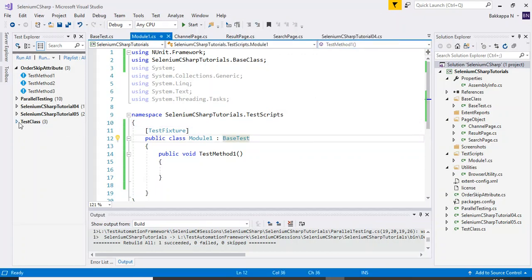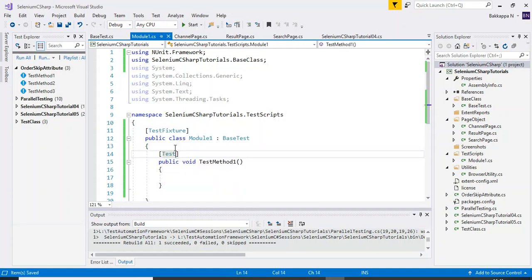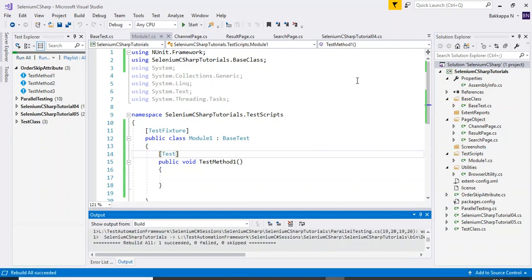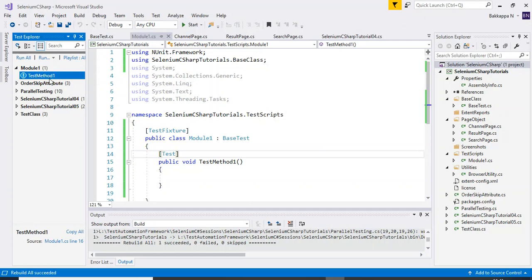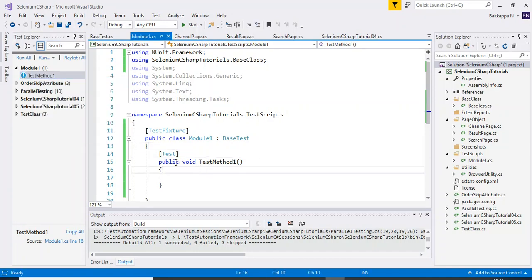That's all. We have defined one Module1 class, but we have not represented this test method as a test. So I'll represent the method TestMethod1 as a test. If I rebuild this solution, now we should be able to see the Module1 class. If you look here, you are getting the Module1 class with one method, the TestMethod1. So I will try to execute this TestMethod1, because before executing anything in this test method,